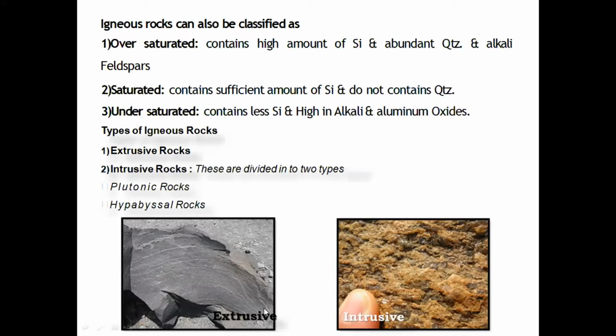Here we have extrusive igneous rocks, and you can see that no grain is visible in this rock. It is a very fine grain rock, and it doesn't have any granular or grain type texture, very fine. So if you want to study this rock, I think an ordinary microscope is not useful. You need to go for a higher magnification microscope. Similarly, intrusive igneous rocks have bigger crystals, and you can clearly see the big crystals that are present here.